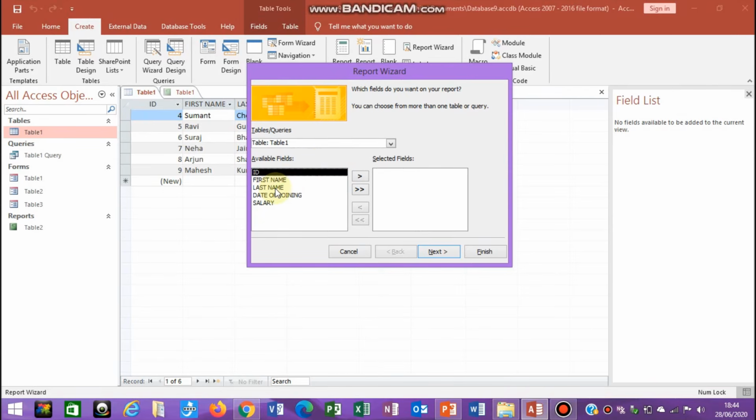From these available fields you have to select which fields you want to see in your report. I am selecting first name here. Click on first name, then click this single arrow. If you want to see all fields, then you can click this double arrow. I want only two fields, for example. Suppose I want last name also. Select last name and then click on this arrow. Then after you are done, click